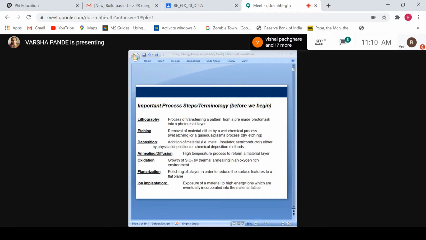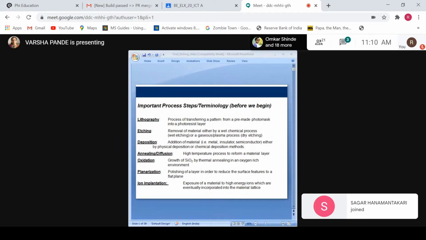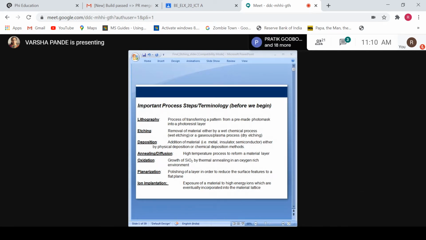And for what purpose is oxidation used? Oxidation is used for isolation purposes. In the MOSFET, before applying the gate contact, we have to use the oxidation. Like this, oxidation serves an insulation purpose also, and an isolation purpose between two devices within the IC, or two components within the IC. Then planarization is the last process, when our IC is completely produced.